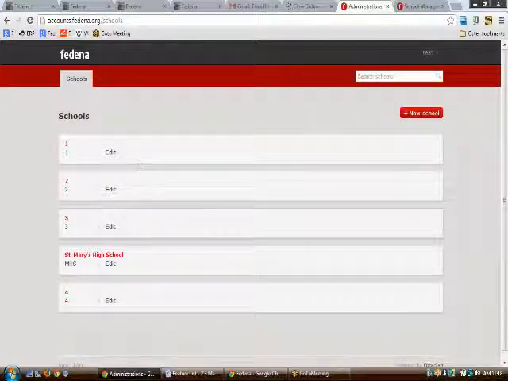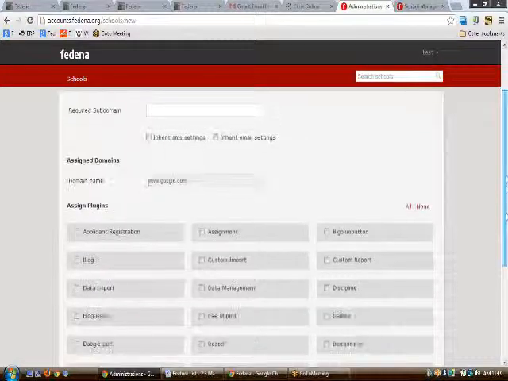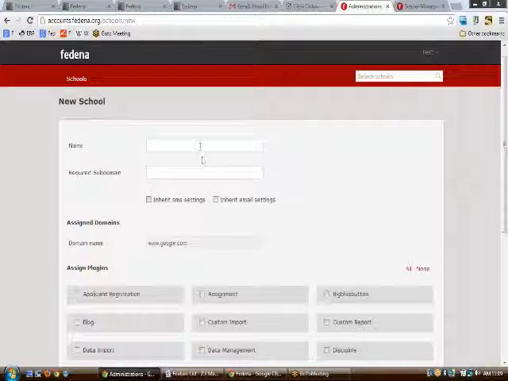Now we would be moving on to know more about a school. First of all, I would like to tell you how a person would create a new school. To create a new school, we just need to click on this button which says new school, and once you click on this, you would be filling up all the details here.